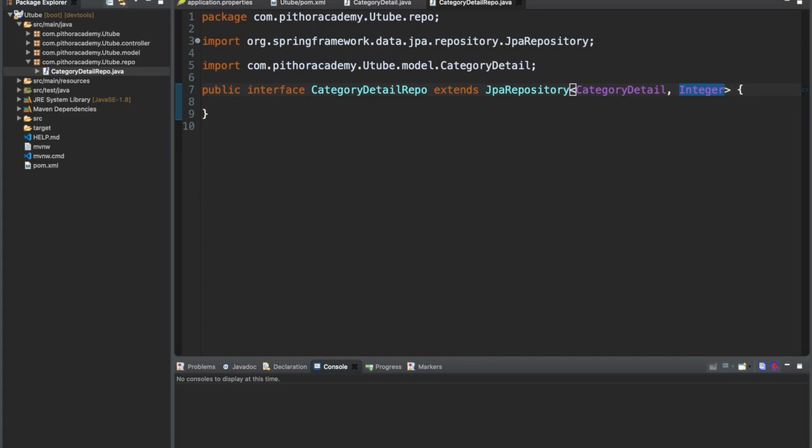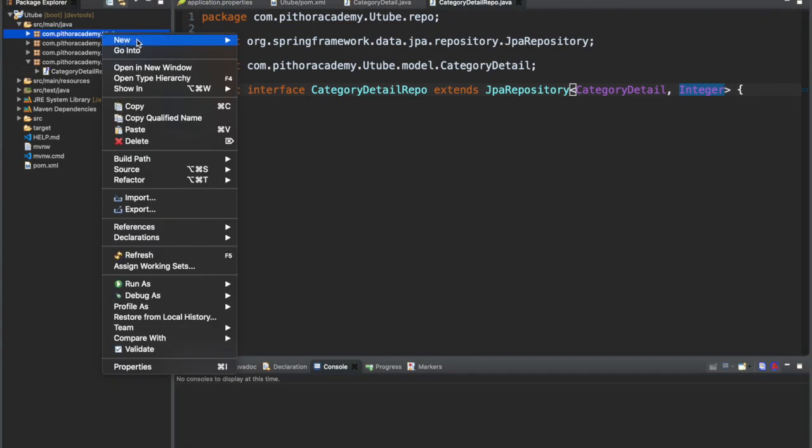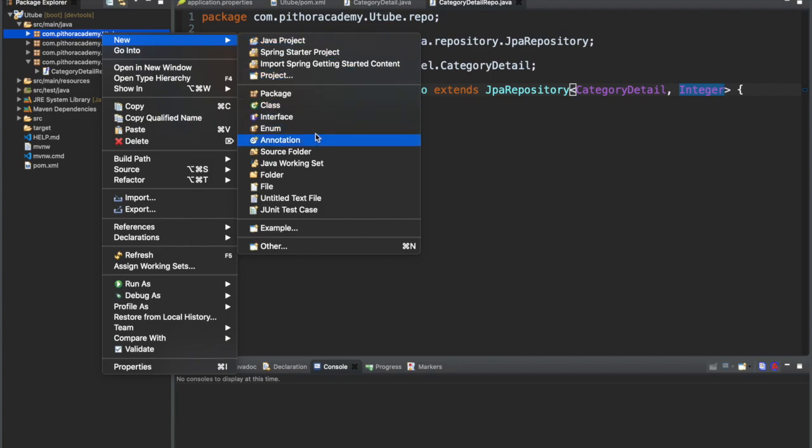Let's move to the second part. In the second part, we will create a package.